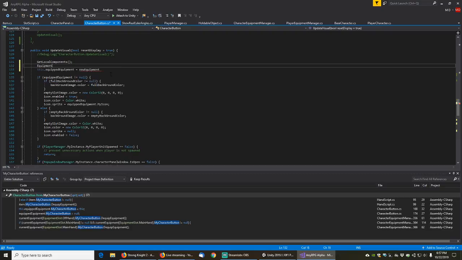Let's first make it a variable just to check what the current equipment is. And then